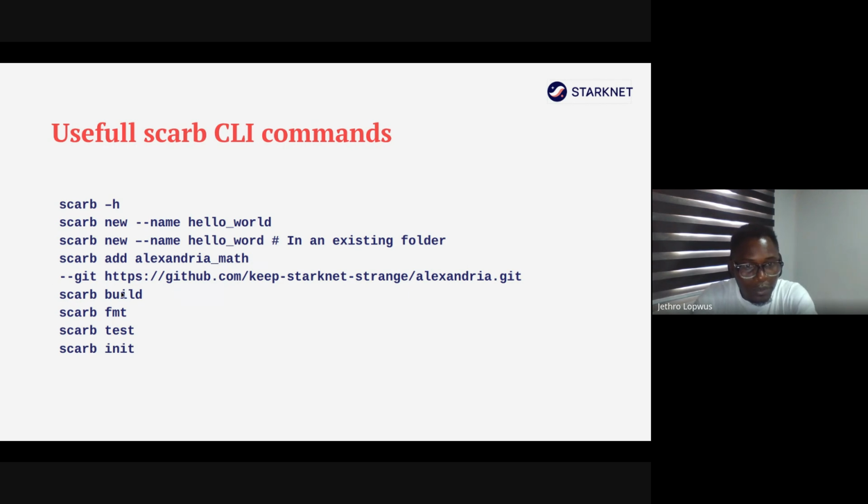To build your program using Scarb, you do scarb build. Then scarb fmt means to format your Cairo program. Then scarb test is to test, and scarb init is to initialize a project. What happens with scarb init is, if you have a directory already and you want to spin up a Cairo program inside that particular directory, you can cd to that directory and